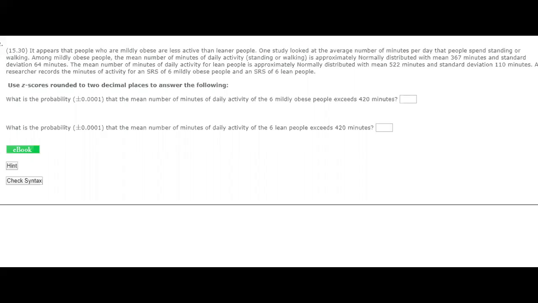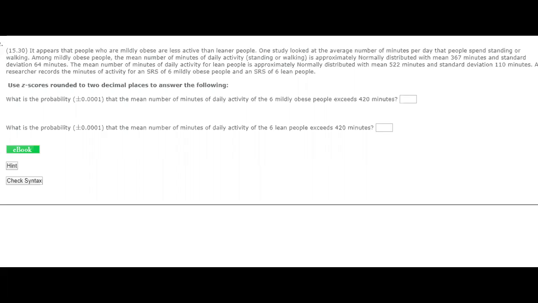Let's take a look at exercise 30 in chapter 15. It appears that people who are mildly obese are less active than leaner people. One study looked at the average number of minutes per day that people spend standing or walking. Among mildly obese people, the mean number of minutes of daily activity, standing or walking, is approximately normally distributed, with